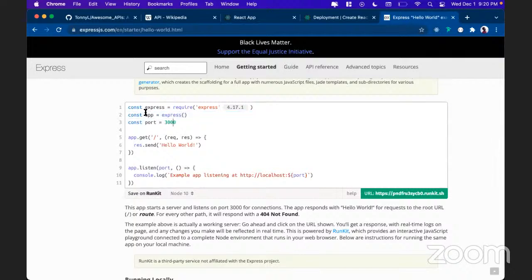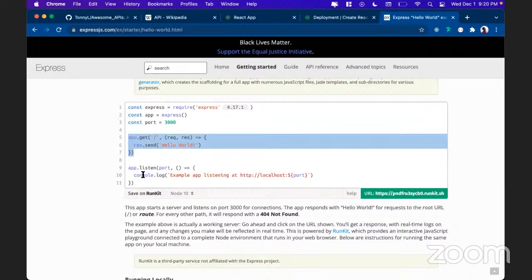It's pulling in Express. It's creating a new app with the Express function and choosing a port for the app to run on. We're actually going to change this first for reasons that I'll talk about in a second. Then here, from lines 5 to 7, it's creating what's called a route. So remember a while ago when we talked about React Router, I was like, routing is actually a very important concept in web dev stuff, right? And we do routing both on the front end and in the back end. So this will be an example of routing on the back end, which